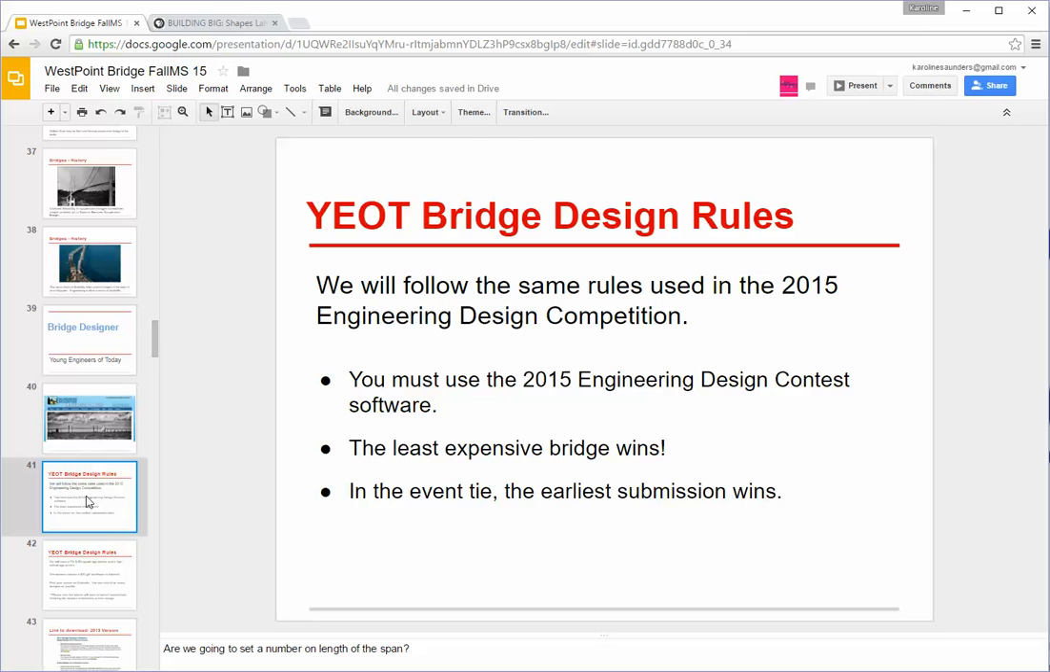So the basic rules are you need to make a bridge that holds up to a load, and a load is when a truck drives over it, and it has to be the cheapest. In the event of a tie, the earliest submission wins, and